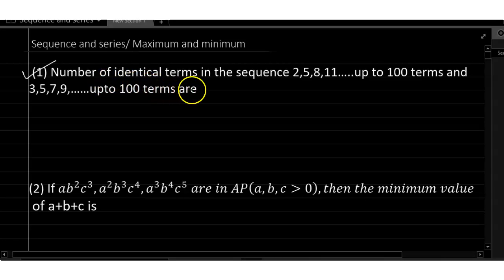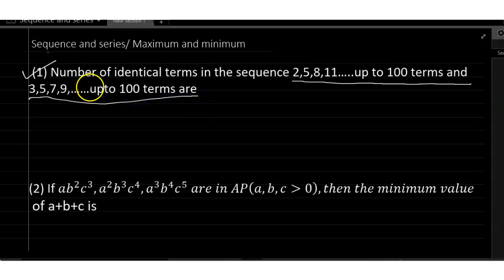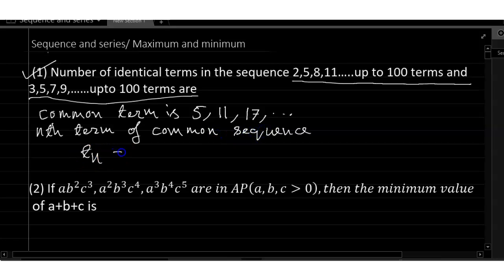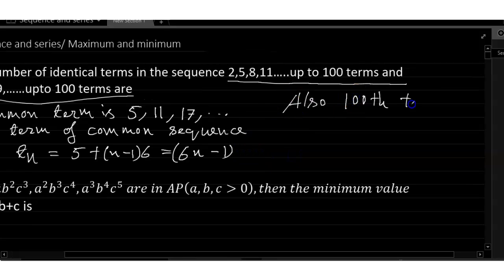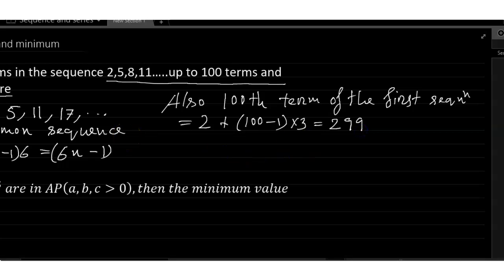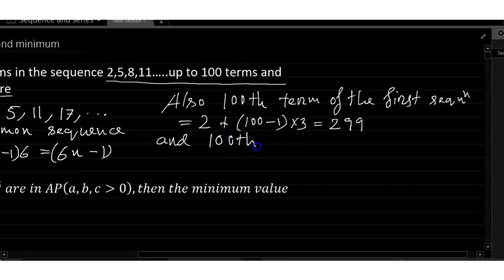Number 1. Find the number of identical terms in the sequences 2, 5, 8, 11 up to 100 terms and 3, 5, 7, 9 up to 100 terms. Problem very interesting. So the common terms are 5, 11, 17. The nth term of the common sequence is Pn equals 5 plus (n minus 1) times 6 equals 6n minus 1. Also the 100th term of the first sequence equals 2 plus 99 into 3, which is 299. So friends, the 100th term of the first sequence is 299, and the 100th term of the second sequence